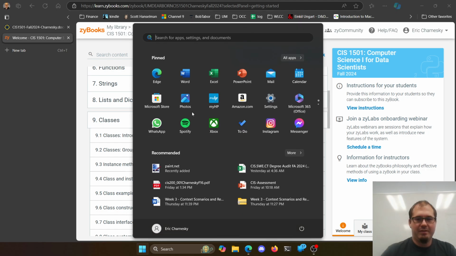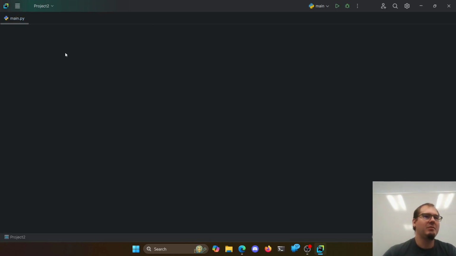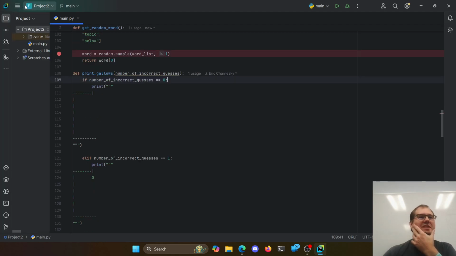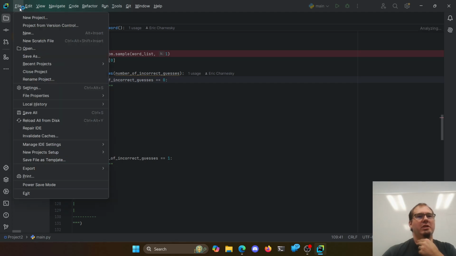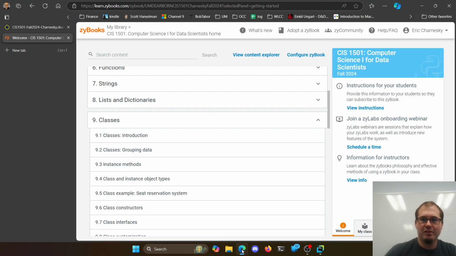So the idea with classes is, it's not a new topic, but it's an idea we'll call object-oriented programming, dealing with things as objects. And the reason why object-oriented programming is fantastic is it's a natural way for people to think about code, right? The hard part of code is really not telling Python what to do. The hard part of coding is figuring out how to take a big problem and break it down into small enough steps that you can tell a stupid computer to do it. That's the hard part of coding. It's the creative process of how do I solve these things. So this is chapter 9,